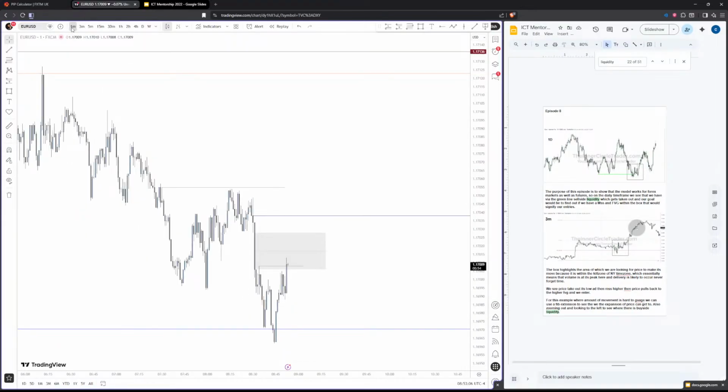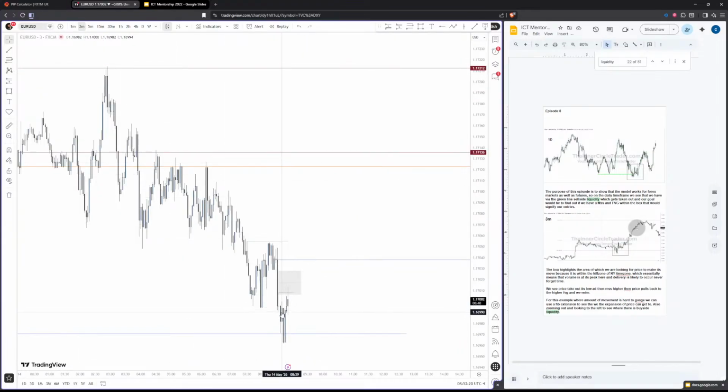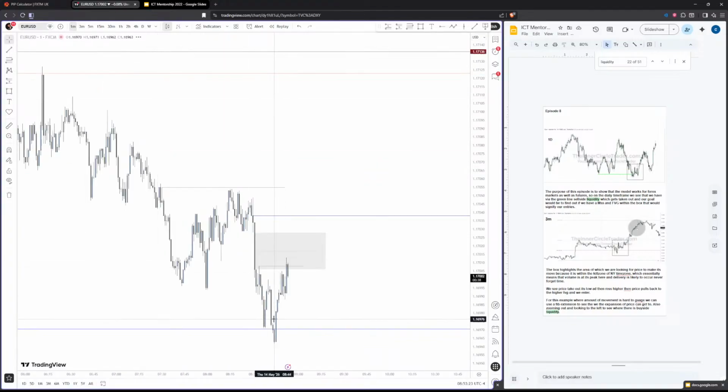So over here, you can notice we do not have this clean fair value gap. I want to know if this counts, because technically this is a fair value gap and it's within the push. But if you look at the 3 minute, there's none here. So I don't know if that counts or if the whole thing has to be displaced.